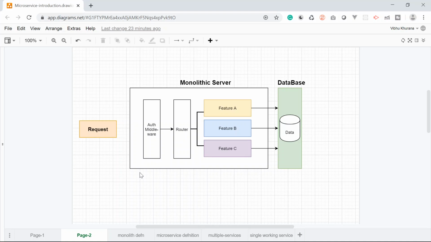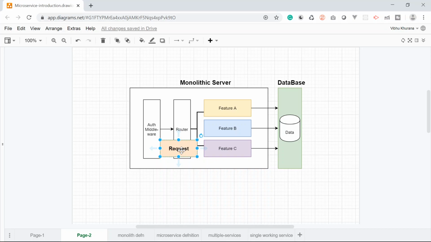So, we might imagine that with a monolithic server, we have some requests coming from a user's browser or mobile device that will flow into our application and go through maybe some pre-processing middleware. Then maybe it goes off to some router. That router might then inspect the request and decide to send it off to some specific features for further processing.